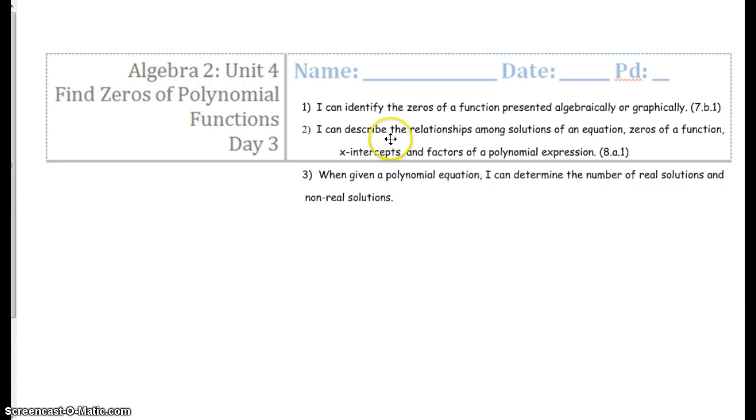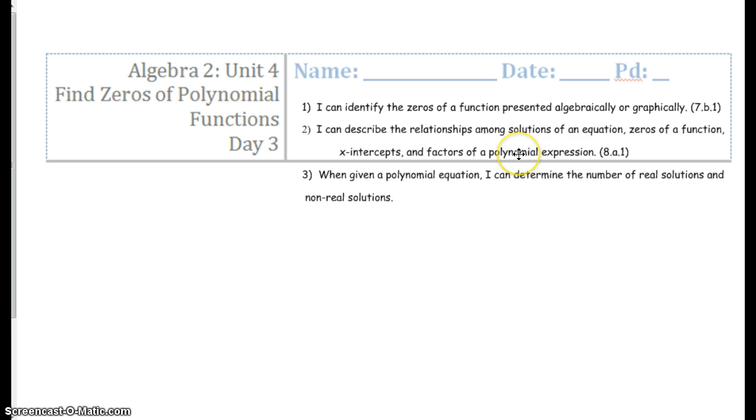Hi, Algebra 2. Today's topic has 3 learning targets. Our first one is I can identify the zeros of a function presented algebraically or graphically, and we're going to be focused more on the graphically part for tonight's notes, and we'll finish up the algebraically part on the next